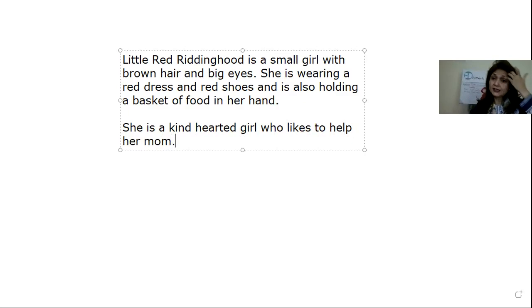Now she's a kind-hearted girl who likes to help her mom. She's also a shy girl, but she's not